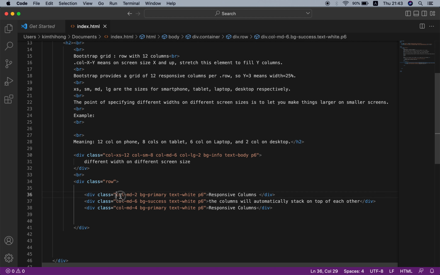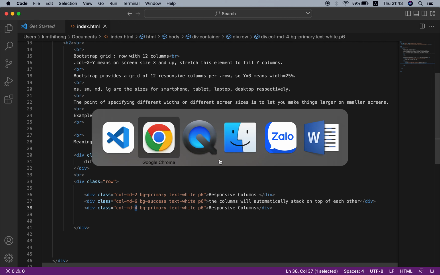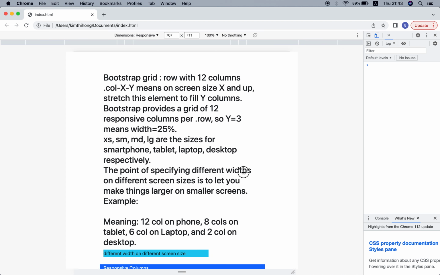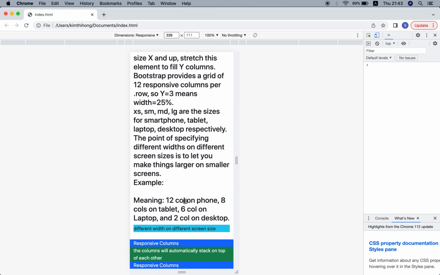That means the first spans 2, the second spans 6, and the third spans 4. So for smaller than medium, the columns stack on each other and span 100%.